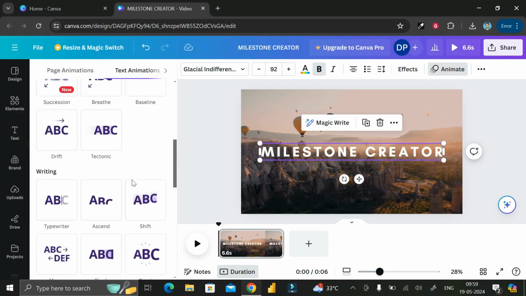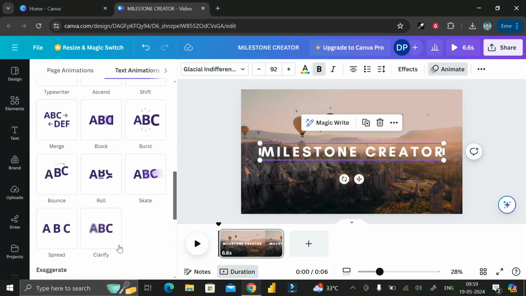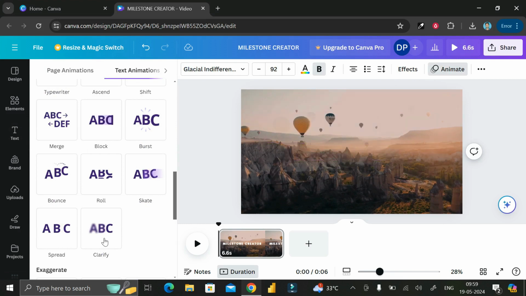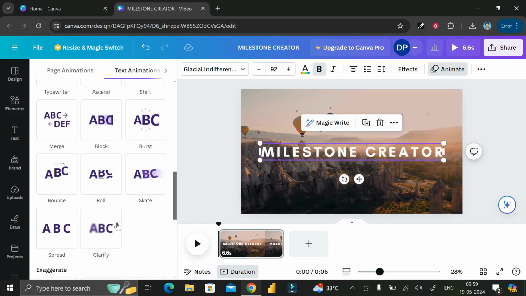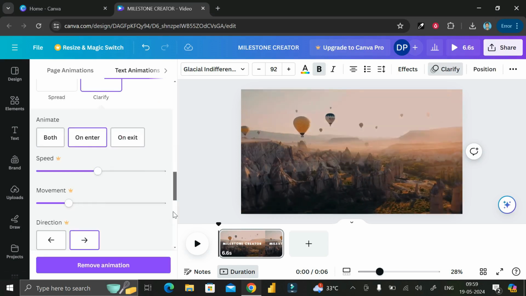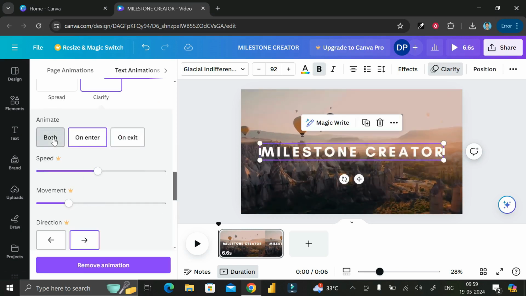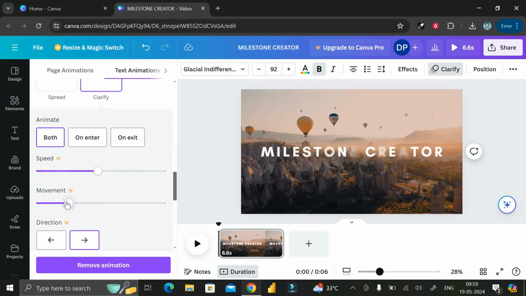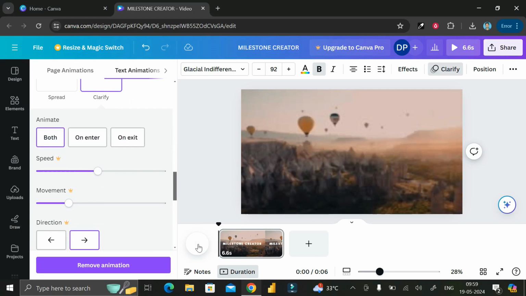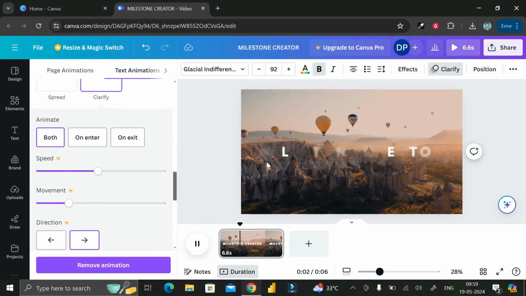then scroll down and in the below part you can see one option called Clarify. Okay, this is one text effect that has been added in Canva recently. So just click here, then select the both option and you can adjust the speed and the movement from these two things. Got it? Then click on this play button and here you can see the text effect is looking